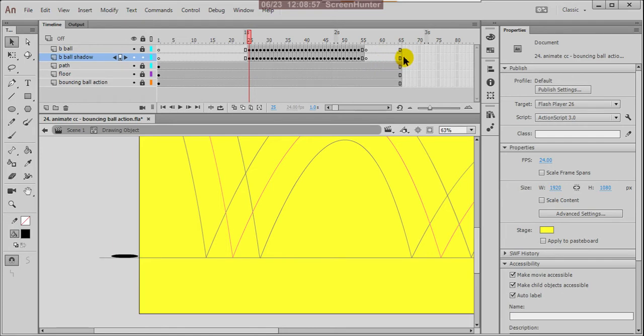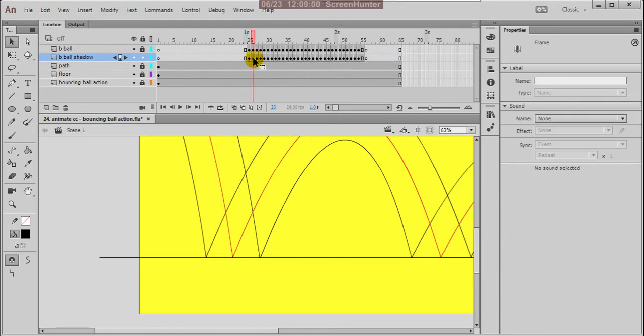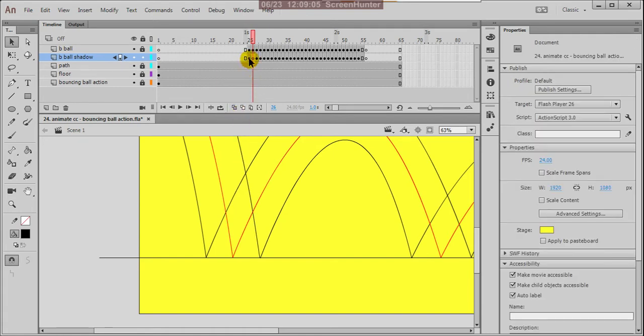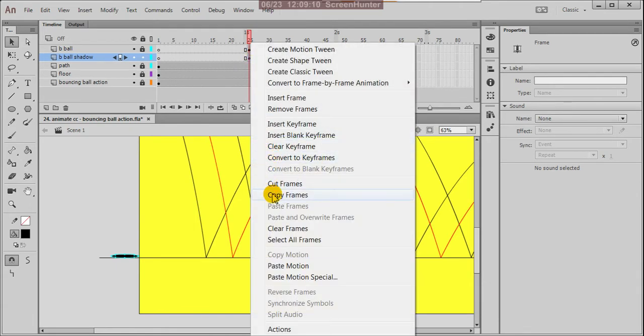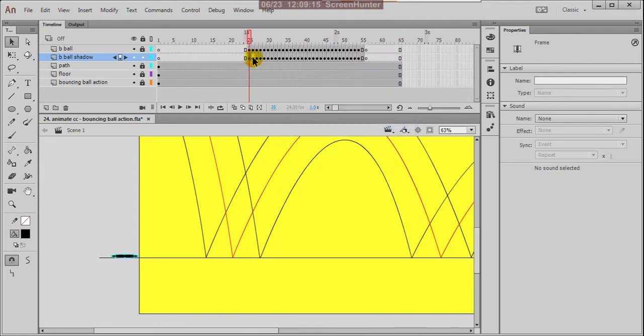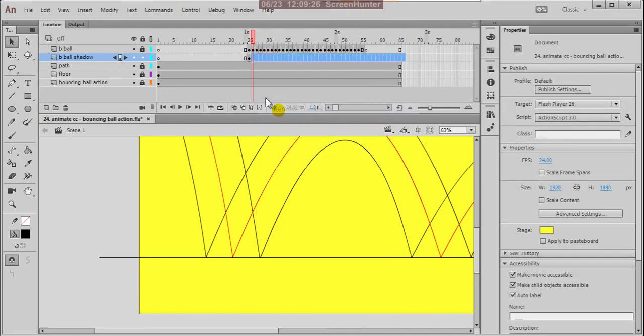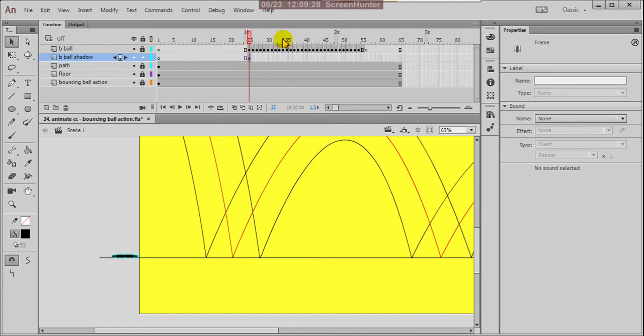Now what we do, you can delete this actual ball. In this place you can just copy paste, or otherwise insert keyframe. Because the frame is empty, you can copy and paste. For that what you do, here all the balls you can remove, because the original balls are there at the top layer. Okay, but here we are planning one by one